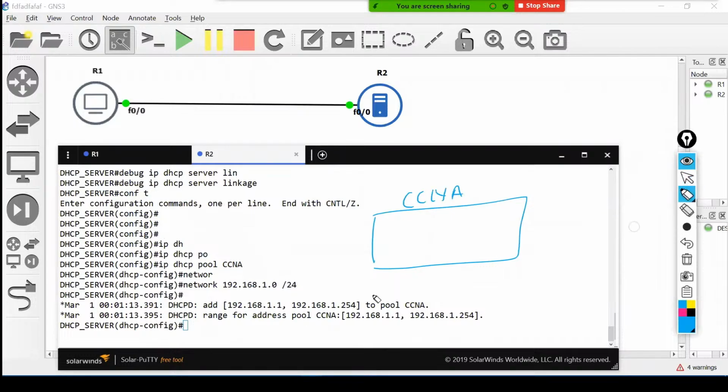This range of IP addresses, from 1.1 up. The last address, 255, is reserved for broadcast, and 1.0 will become my network ID. So the user will get any of these IP addresses from this pool.